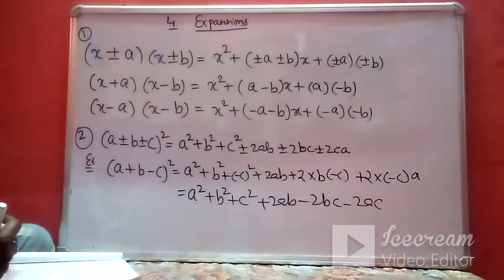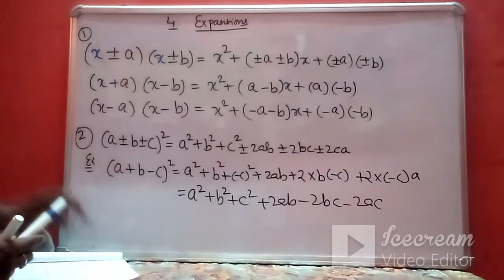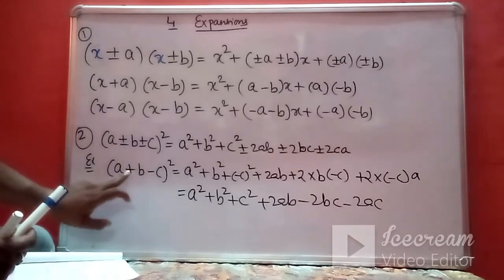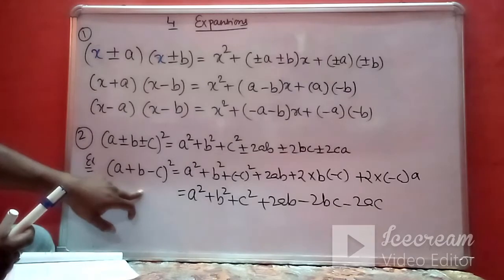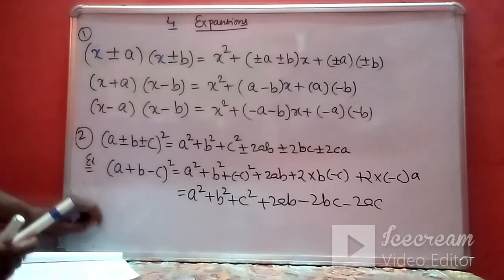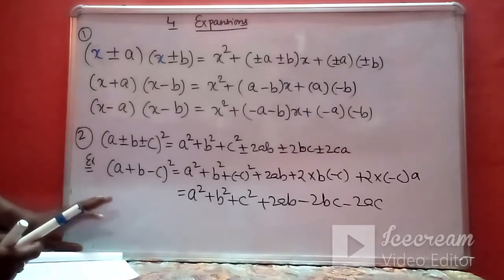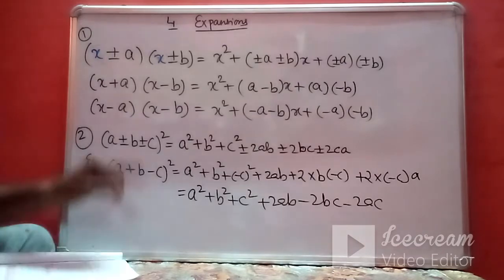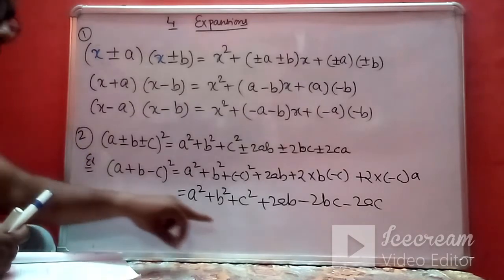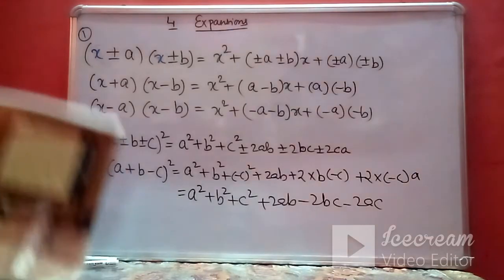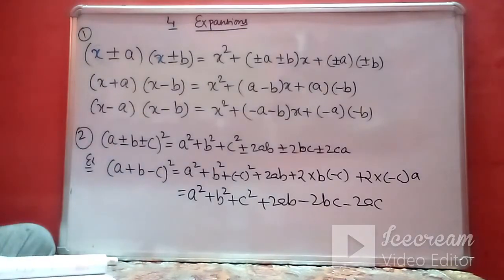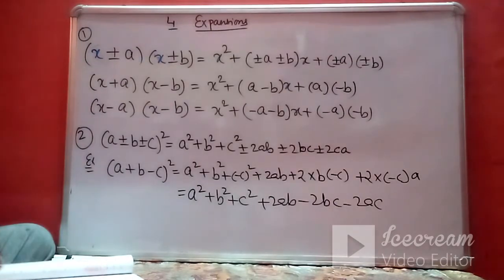So whenever you use this identity (a + b + c) whole square, you use a, b and c along with their given sign. Again, no need to remember all the four identities. Just remember that whenever we use it, we use it along with the sign of a, b and c. Now based upon these identities, we will solve a few questions of exercise 4C.